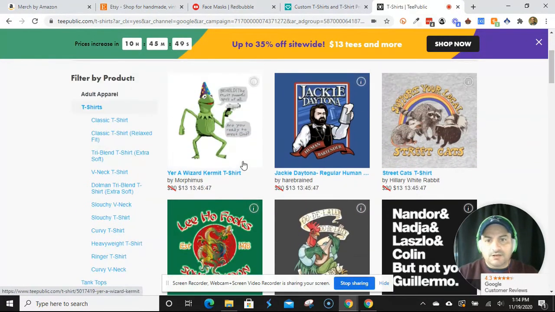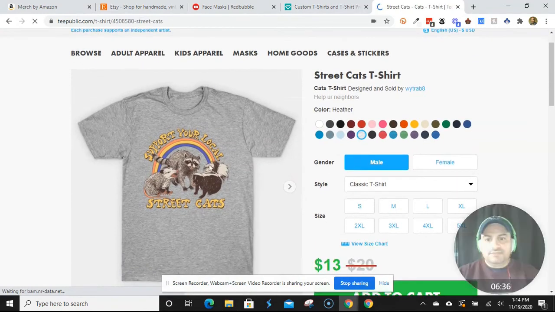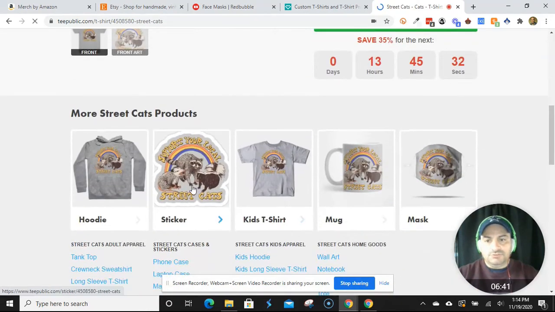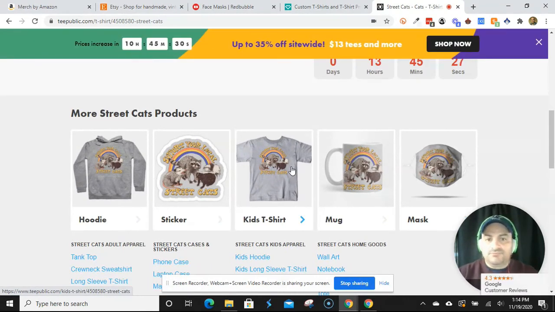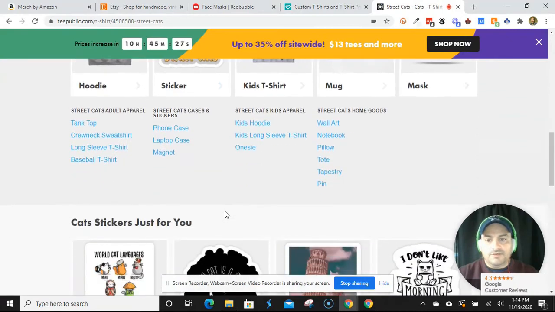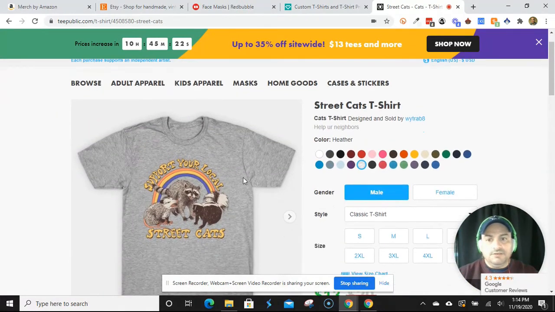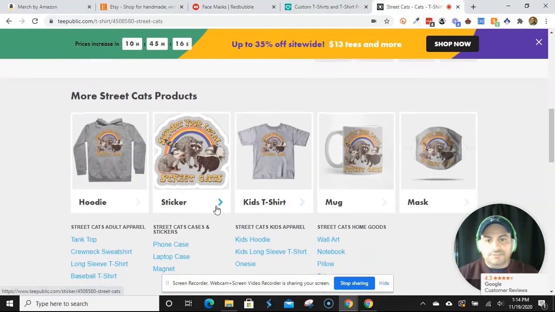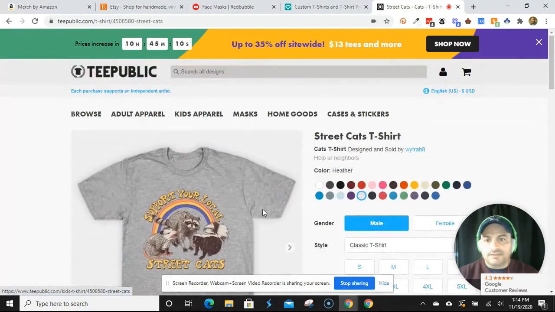So I'm just going to click one of these here. Just want to see the interface. As you can see, it is pretty nice. They have a nice mock-up there and everything. They also have sales going on all the time, and then it also shows more products. So TPublic is probably, other than, of course, Merch by Amazon and Etsy, my favorite platform because I think the user experience is very nice for us that are uploading, as well as for the shoppers. It's just very clean, and all their products also are very, very good. Their stickers and everything. So I personally do like TPublic, but again, that's just a preference.